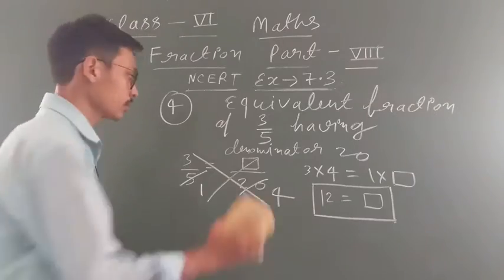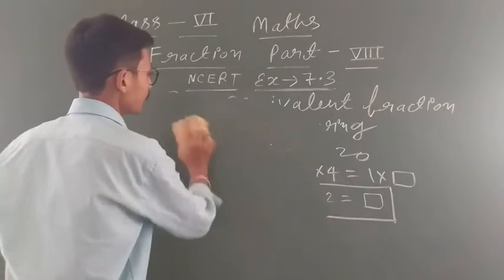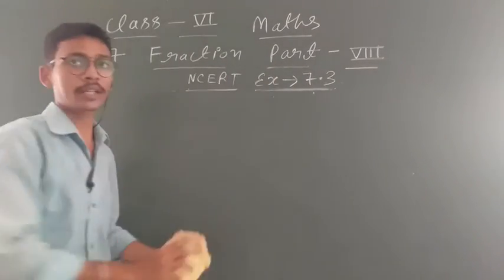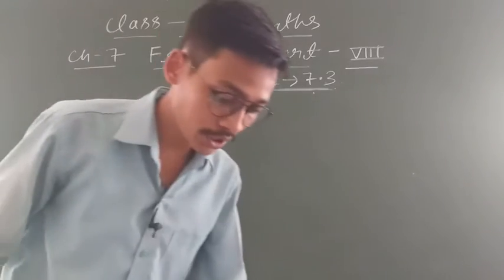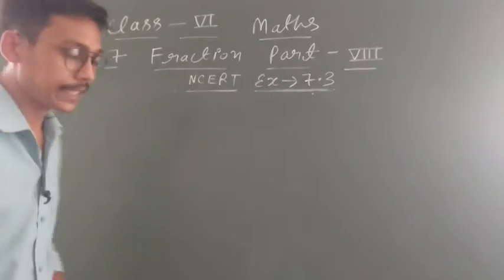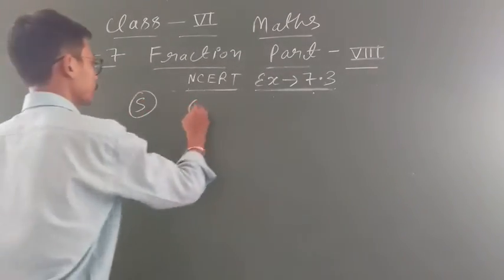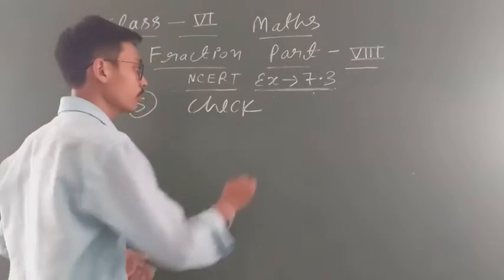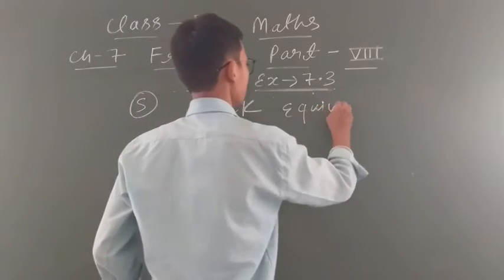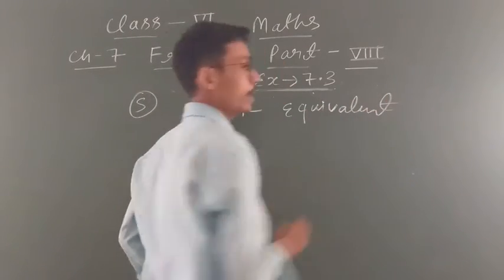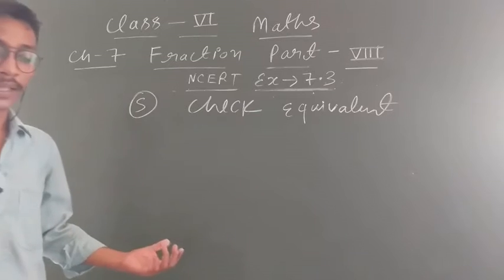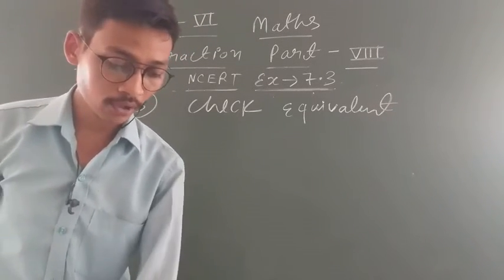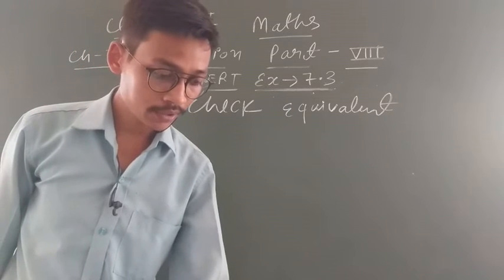Now the next question is based on the same pattern, only you have to write down the value of the numerator, and that I will not explain. Only you have to write down the value of the denominator, there is no change. Again the next question is, student, check whether the given fractions are equivalent. Question number 5. Check whether they are equivalent or not. Check whether the given fractions are equivalent. So you have to check equivalent. For equivalency, student, there are also many rules, how to check whether the fractions are equivalent or not. It depends on you which method you are going to apply.